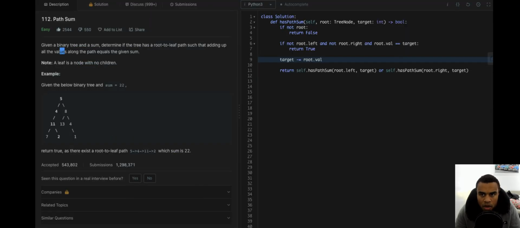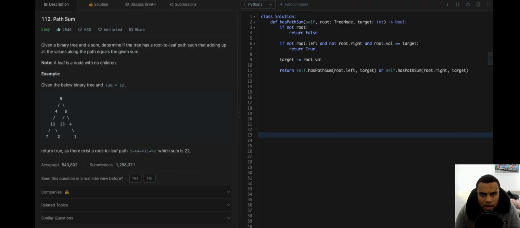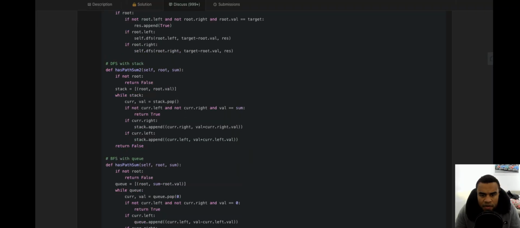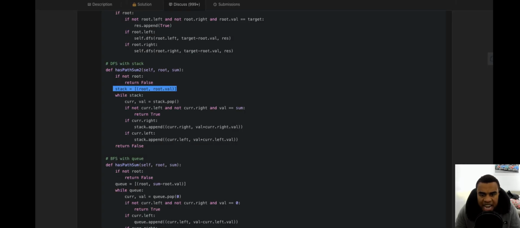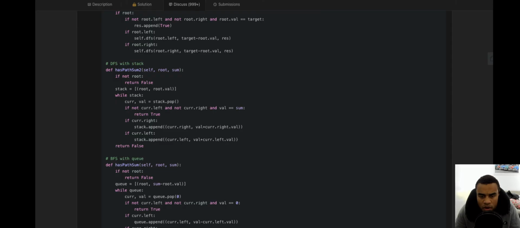But hang on for a second. Because obviously, look at this. This is a lot shorter than this, right? But we have 5, 4, 11. So for example, we have 5, our current value. 5 gets added to the top, because it's the top thing in the list. And then we say while stack, the current value is 5. We ask ourselves, does the current node have a left and a right? It does, so this is not valid because there is left and right here. So we add the right because 5 has 8 and 4. So we add 8, we add 4.